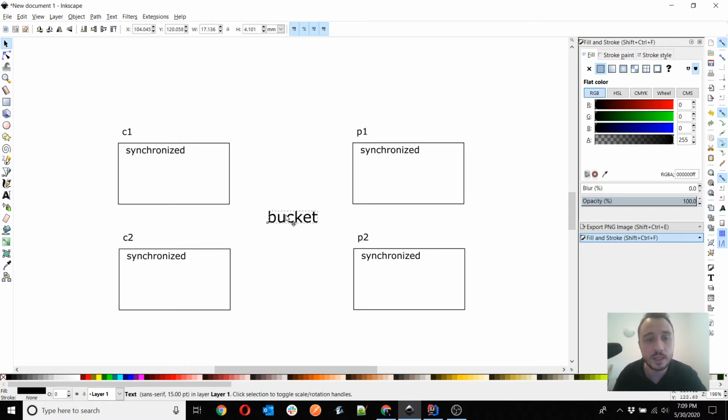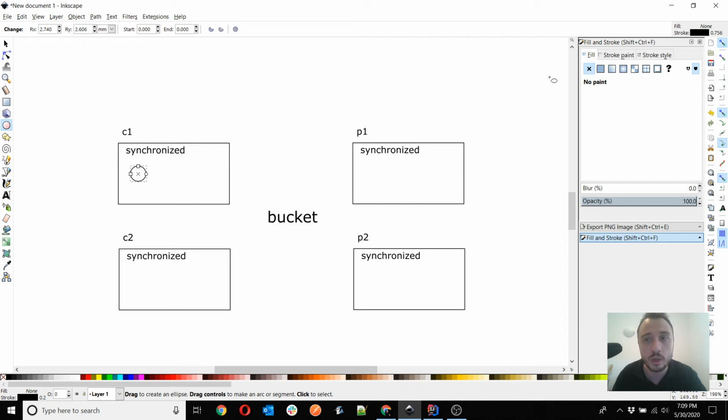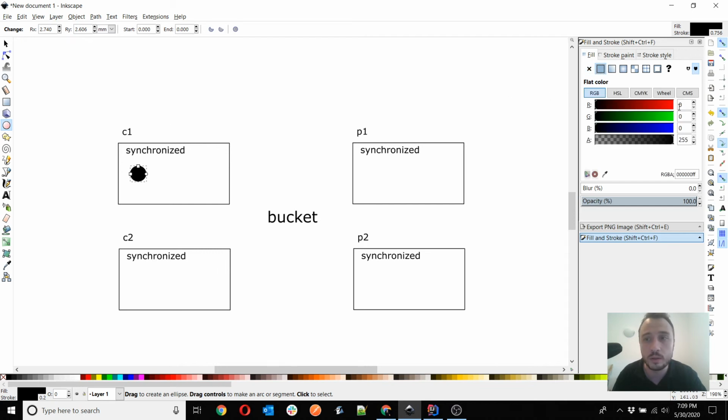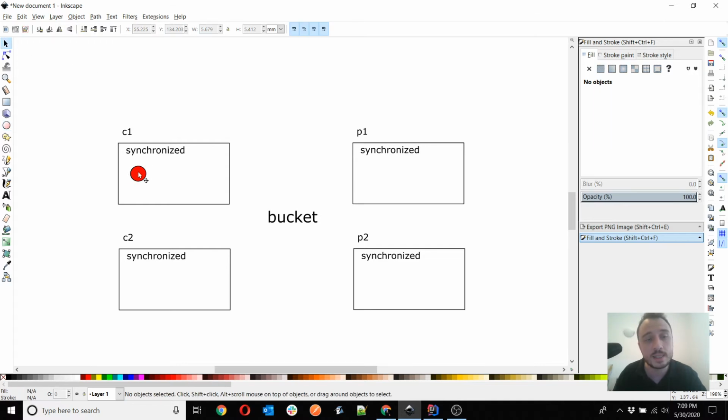So what happens now is that, say C1 manages to obtain the lock for the bucket. That actually means that C1 is now working, and it can work with the synchronized block. Unless C1 releases the lock, that means C1 ends working and finishes the synchronized block.